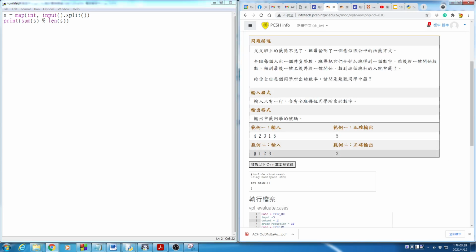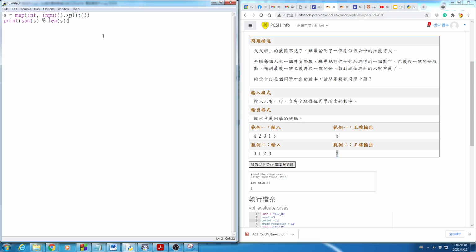See, what is the total of these four? 6. What is the remainder of 6 divided by 4? 2. So that's the answer. All right? Any questions at all? No? So is this the answer to the problem? No. It is not the answer to the problem. This answer has got 2 problems to be solved. The first problem,